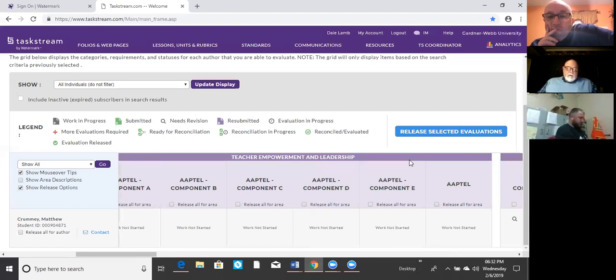So that's the old Artifact 2, correct? It's still 2. That has not changed. AppTel: Applied Action Plan for Teacher Learning. Do you think you've got stuff on that, Matt? Because that one takes a while. On my flash drive, it says I have 2 A, B, and then my little note next to it says not complete, which means I never submitted it. On the cover sheet, it just said never submitted.